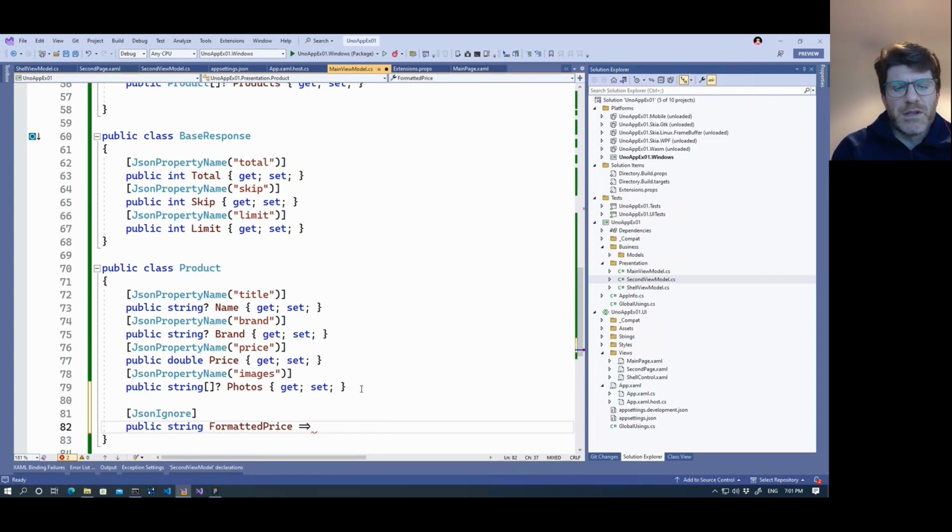And this is a derived property, so we're going to take in price. Actually, we don't even need the brackets on that. We just basically do Price.ToString, and use the currency converter there. So of course,